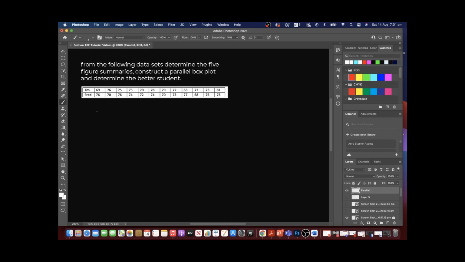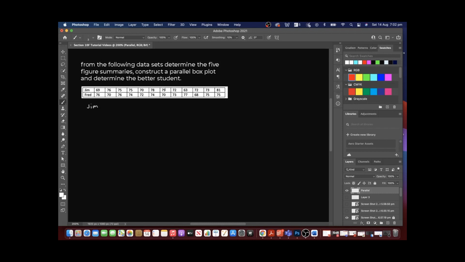And we're going to make a box plot for, essentially a parallel box plot is two box plots using the same scale, or multiple box plots using the same scale. So, first thing we need to do is check if all the data is in order, which it isn't. So let's do Jim,